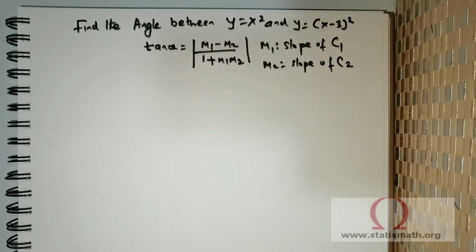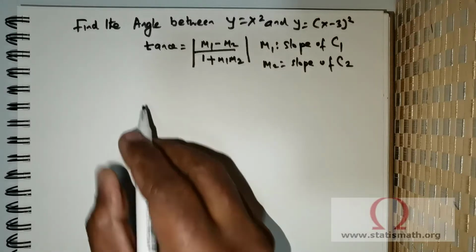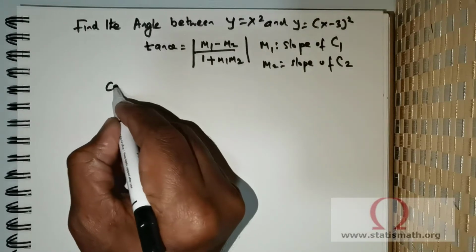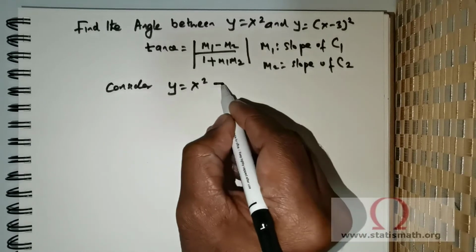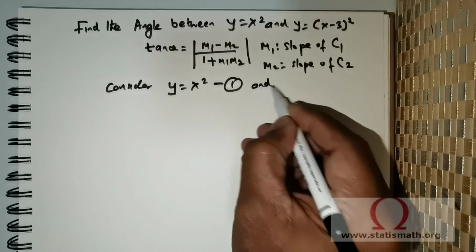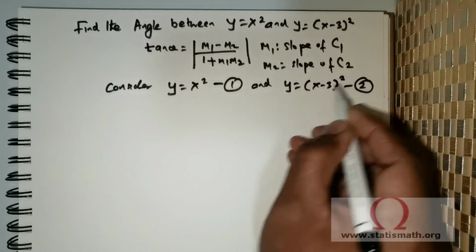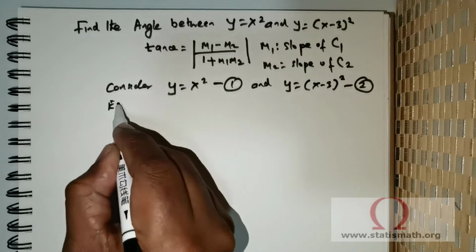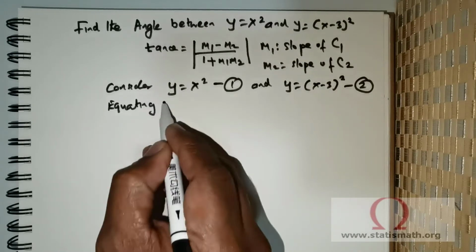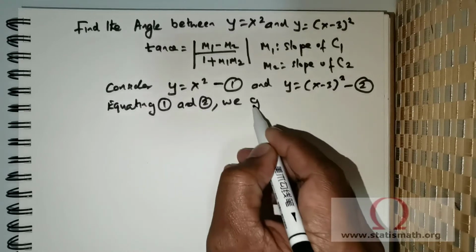Now, having obtained this, we are expected to use this formula and solve the question. So foremost, I'm going to consider the first curve. Consider y equal to x squared, name it as 1, and y equal to (x − 3) raised to the power 2, name it as 2. Both of them have got y, so equating equations 1 and 2, we get